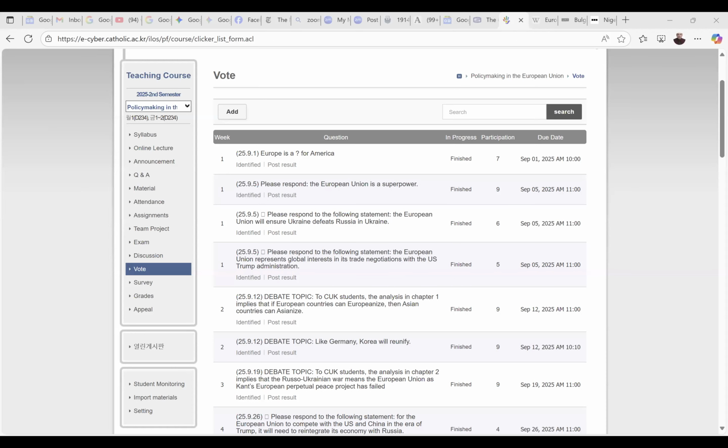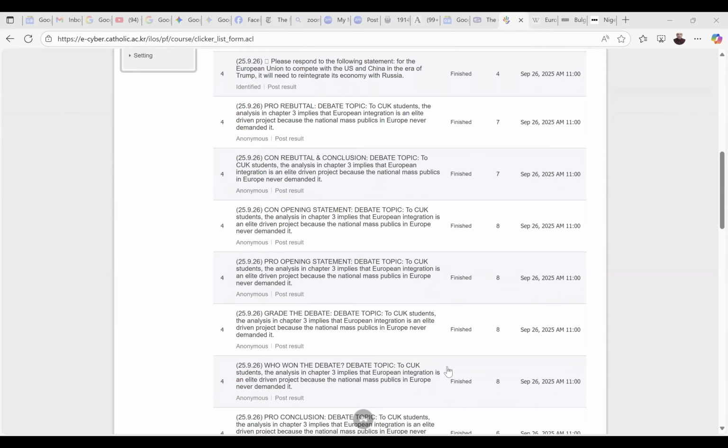So I open up my voting section here. So we go here to vote, and then it signed me out. So I have to sign back in, log in like this, and then we go to policymaking in the European Union. And again, make sure that you can see what I'm seeing here, and go to share here and share. And so please vote now on the questions. And I want to stop this closed caption thing since I can.